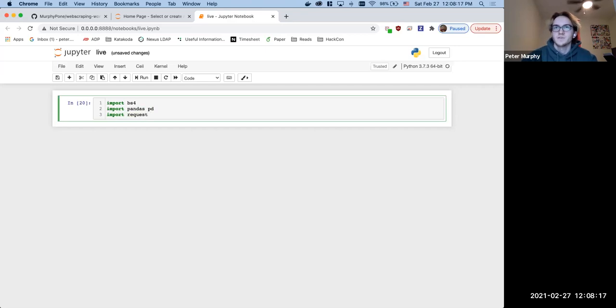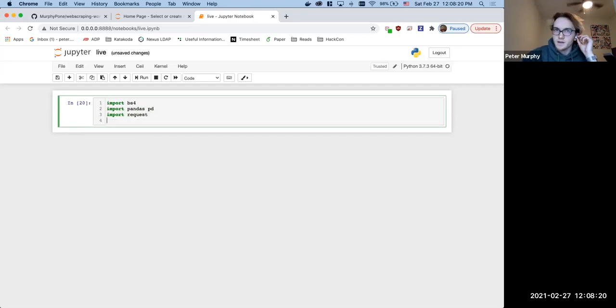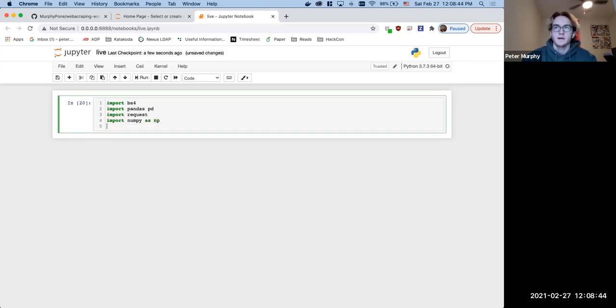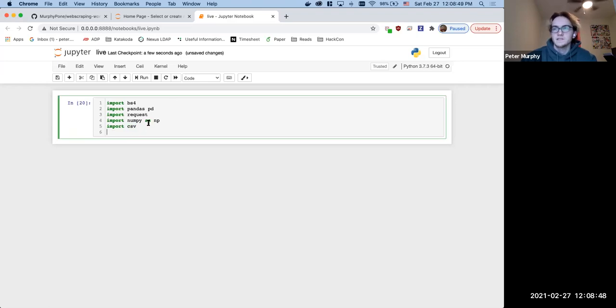That's kind of like just curl essentially for Python, but it's way more powerful in my opinion. Actually, I take that back. It's nice. We need it. We're going to import NumPy as NP, which I don't know if we're actually going to use. I think we'll use it to fill in values that we can't find, so not a numbers. Pandas has its own NaN value, not a number, but for whatever reason, NumPy's is better in my experience, which is peculiar. We're going to import CSV so that we can easily write our output to a CSV file,